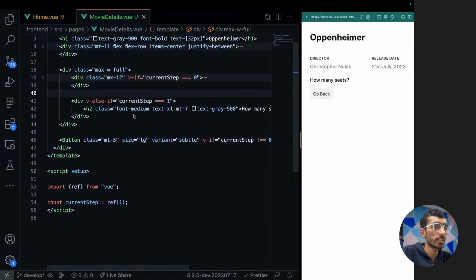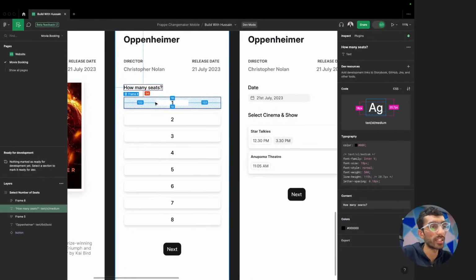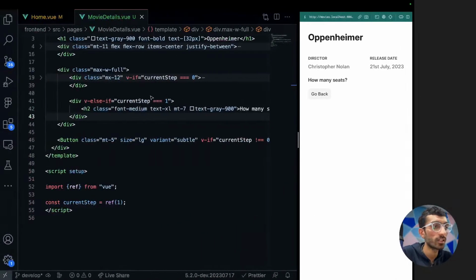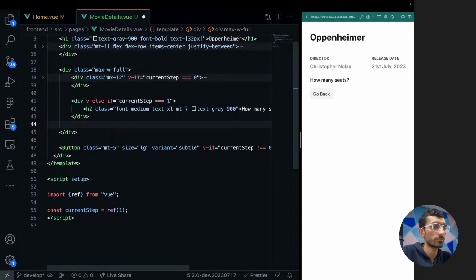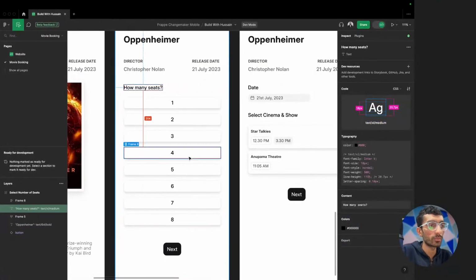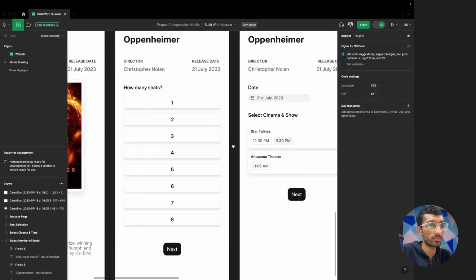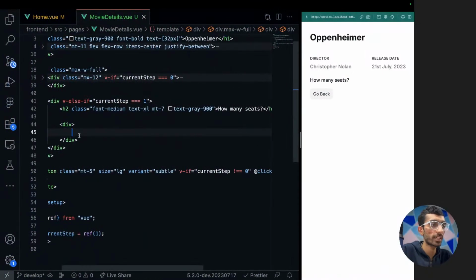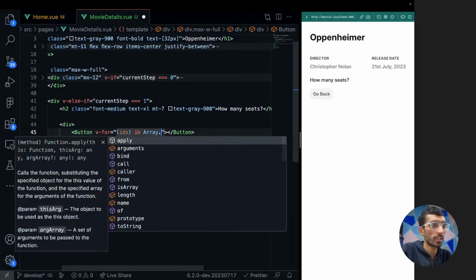How many seats? Now we need to dynamically render till 8, 1 to 8. That's easy in Vue. v-for, I'll do a div, and we can do with buttons as well. Let's try button v-for. This won't work. Array.from